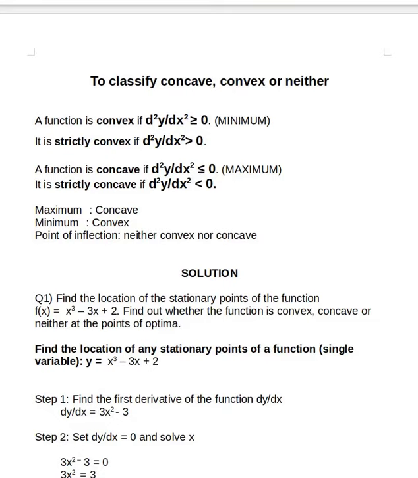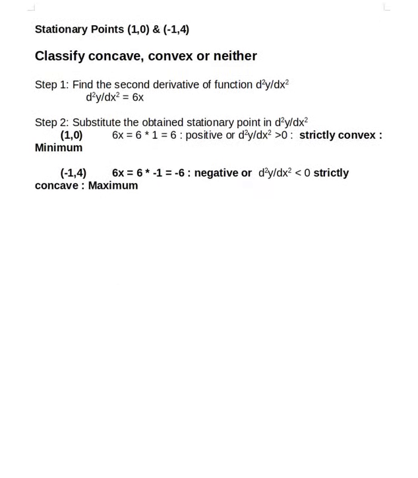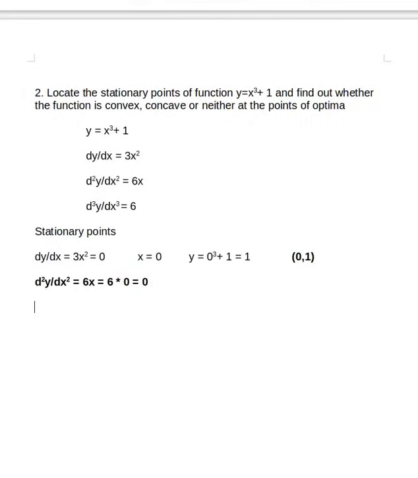So what will happen when the second derivative is equal to 0? We can't completely say it is a maximum, we can't say it is a minimum, or that it is a point of inflection. So we want to check whether it is convex, concave, or neither. What we have to do is find the third order derivative. We first calculated the first order derivative for stationary points, and the second order derivative to classify it as convex, concave, or neither. Unfortunately the value we get is 0, so it requires further investigation.